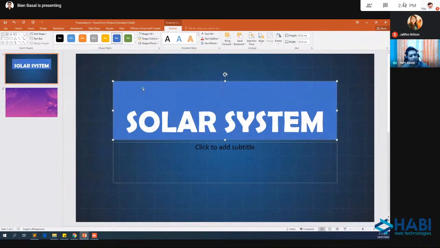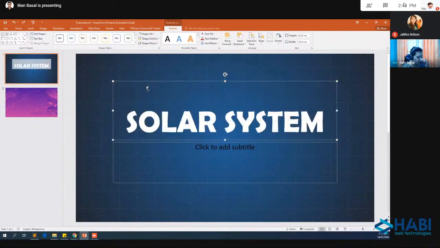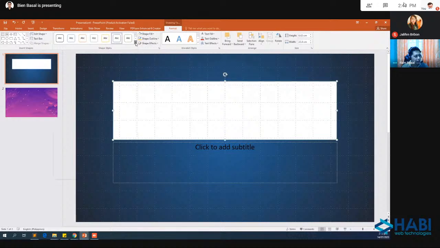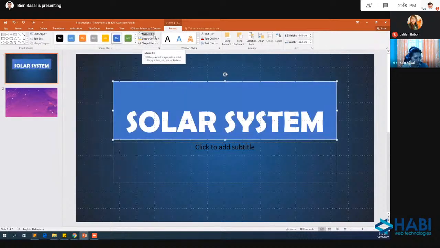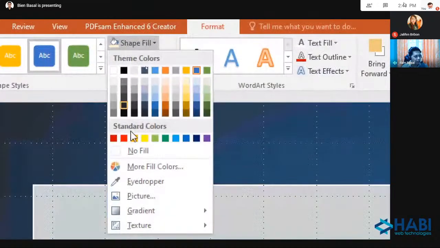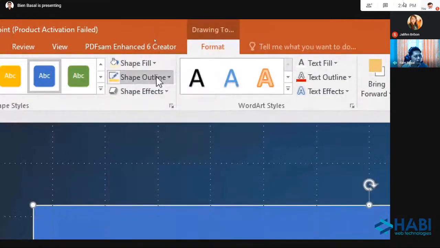You're actually modifying the container and not the text. I will undo. You can modify the color of the container by using Shape Fill to change the fill color, or you can also change the outline.